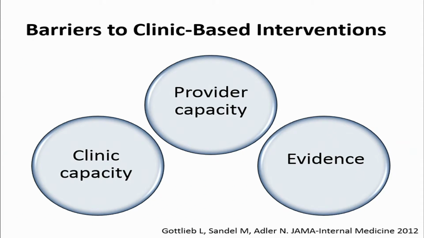So based on the assumption that the integration of social and medical care is critical to advancing the quadruple aim, we went on to think about the challenges to scaling this work. And I like to think about this in three big buckets. The first bucket is provider capacity, or frankly, provider lack of capacity.